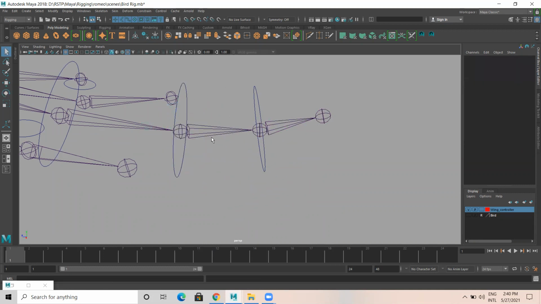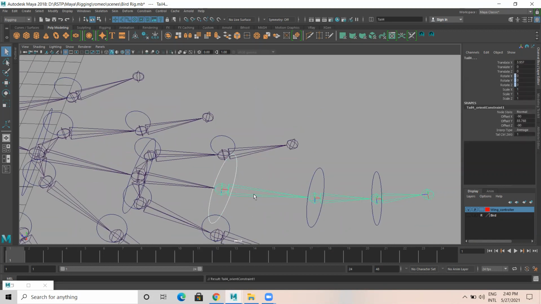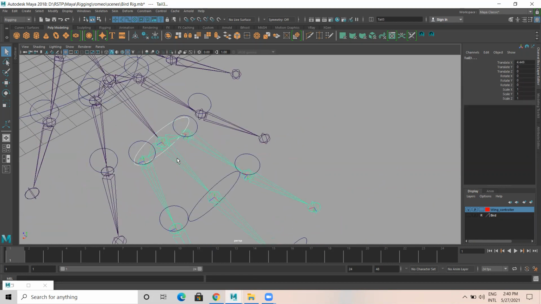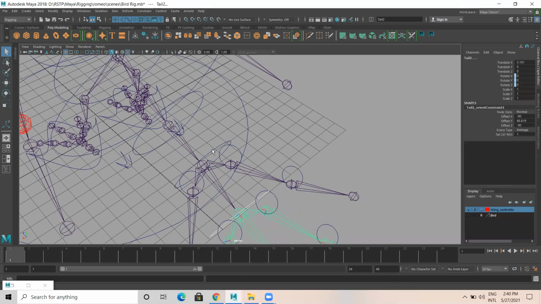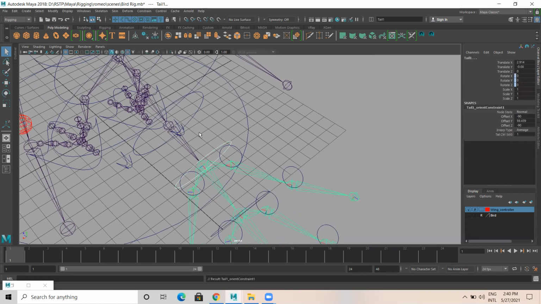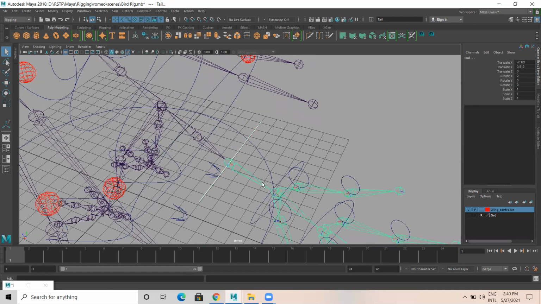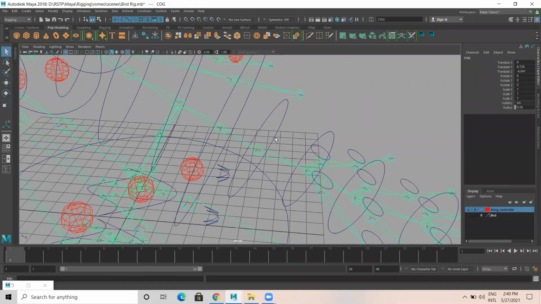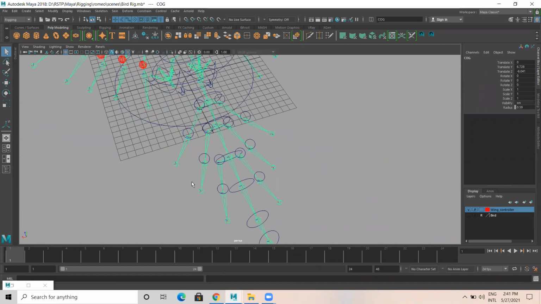Okay. So same thing I'm going to repeat here. Select the curve and the joint, press G, repeat orient constraint. Select this particular curve and the joint, G, that is orient constraint. Select this one and this one, orient constraint. Select this and this, orient constraint. Select this and this. This is a tail joint, again orient constraint. Till the tail joint, I'm doing orient constraint. This is the cog. I'm not going to do anything for the cog for now. Let us complete the tail part first.